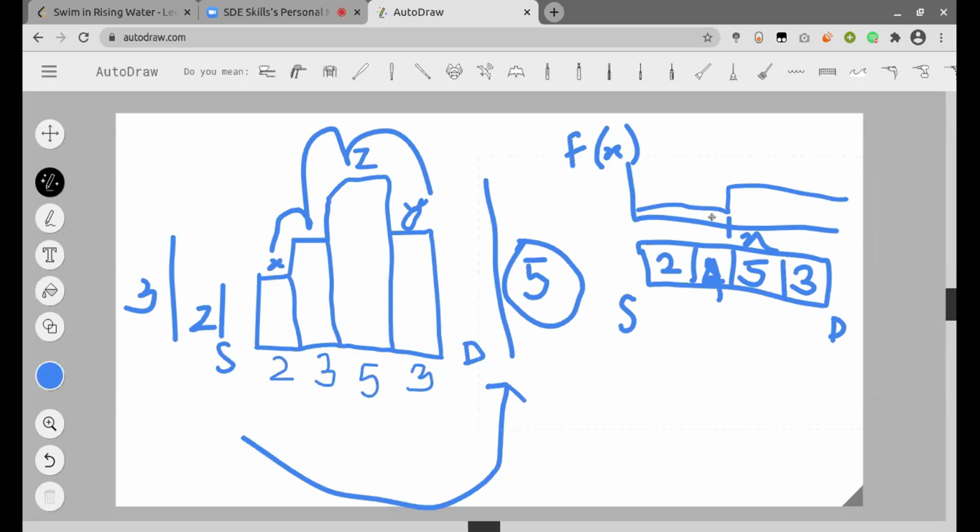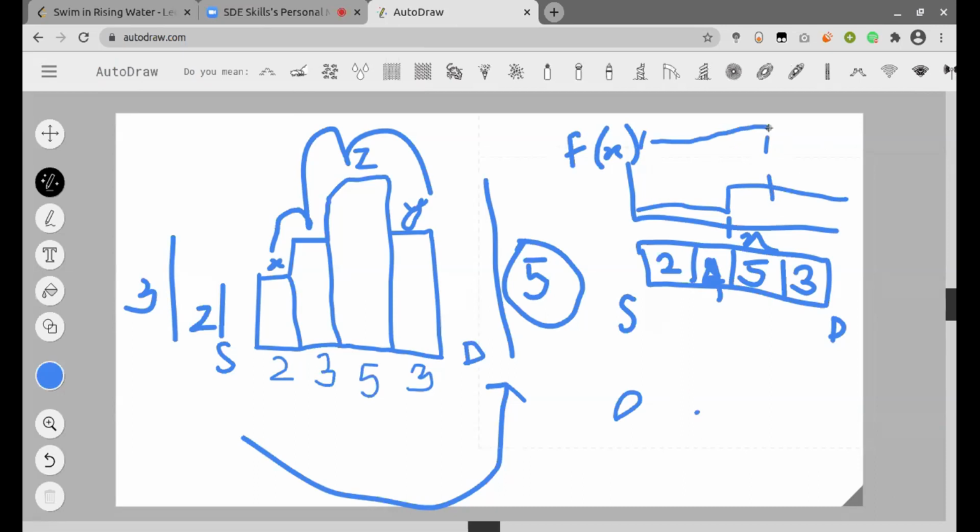Since the values are always in the range 0 to n cross n minus 1, we know what time limit we need to consider here. So this can be solved easily using binary search on the given time value itself. This is similar to binary searching on our final answer. Then we can decide at any particular instant: suppose I am at this index and I can see that I can move from my source to destination, so I can reduce my search space to 0 to this index.